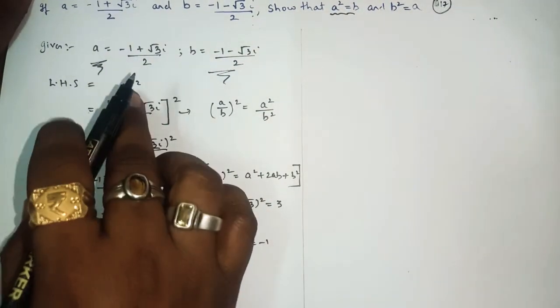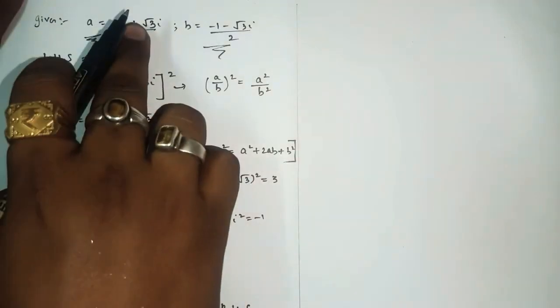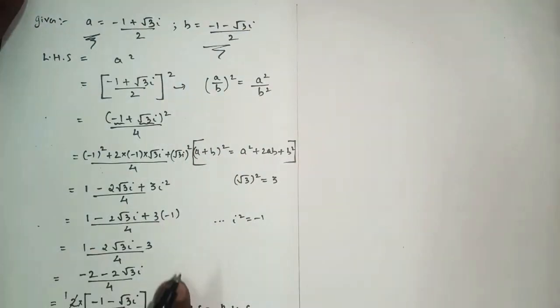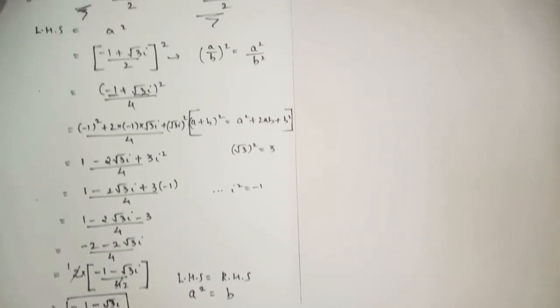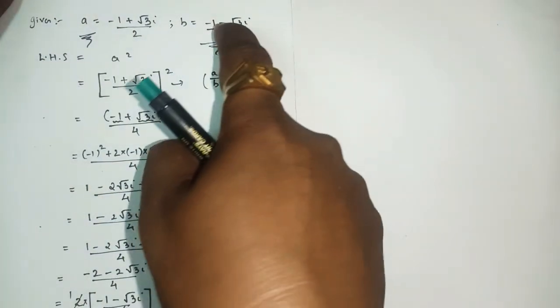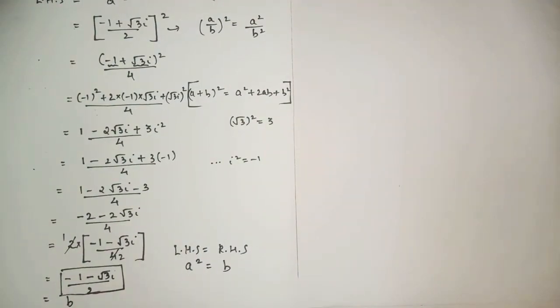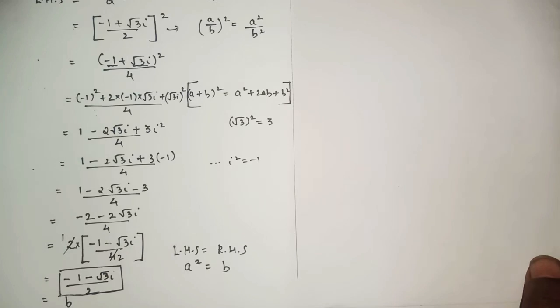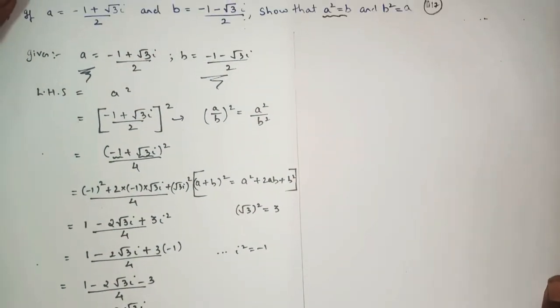And in the second case it says that square this part, it should be equal to a. As we saw, when we had squared the first part, the square of this part was exactly equal to b. What was the b value? b is equal to minus 1 minus root 3i upon 2. So here also we got the same, minus 1 minus root 3i upon 2. So in this way you have to present your sum. I hope you all understood this part.